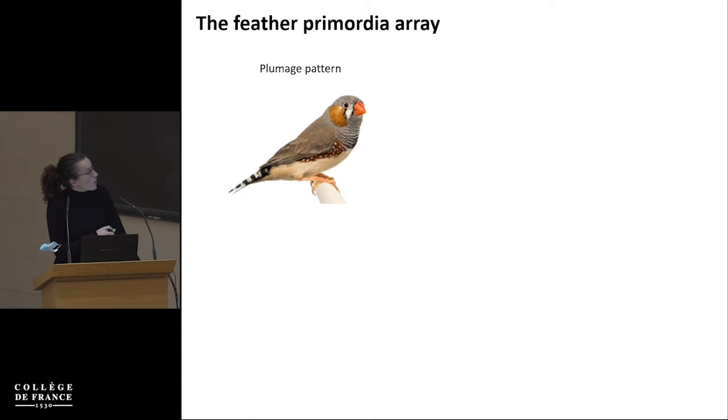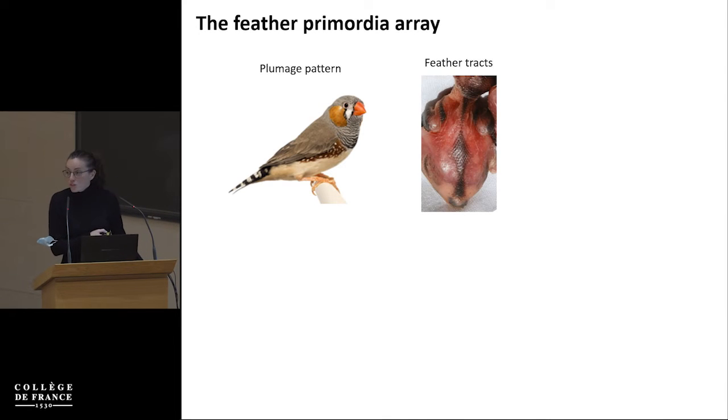It is composed of two elements. On the one hand, you have the color pattern, so the spatial distribution of pigments, as seen here on this zebra finch. We also work on color pattern in the lab, but I won't talk about it today, and will focus only on the spatial distribution of feathers. So I don't know if you were aware that a bird is not covered by feathers. Feathers are actually restricted to these thin areas. They're implanted in these areas called tracts, separated by glabrous regions